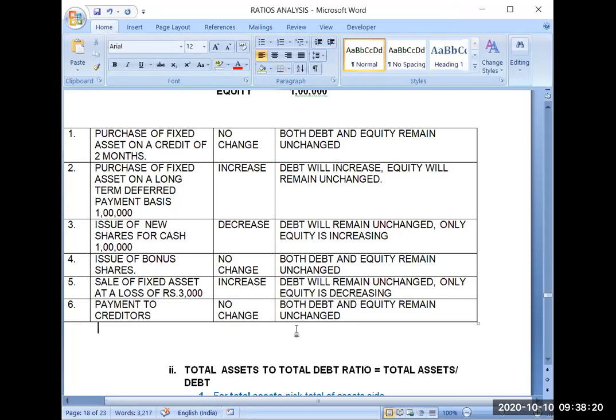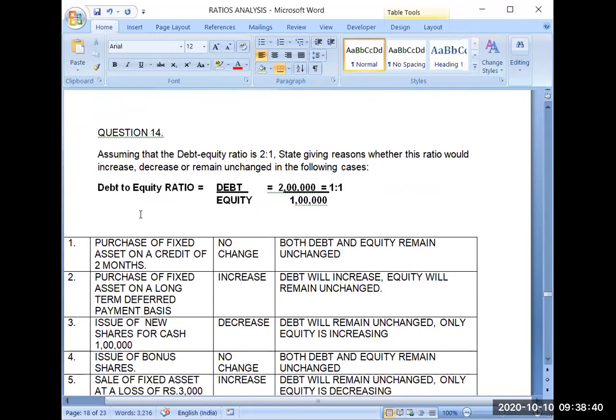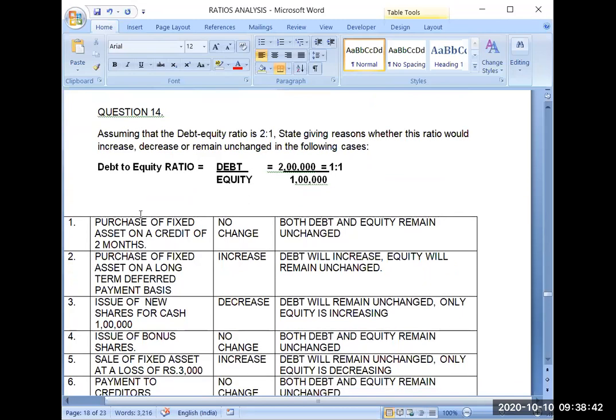So this way, if you try to do things logically with the help of journal entries, seeing what the component is and which account it will be affecting, and try to assume some amount, then you will be able to solve such types of questions easily. These need a lot of practice and a lot of logical clarity. So I will request that please practice such questions properly.